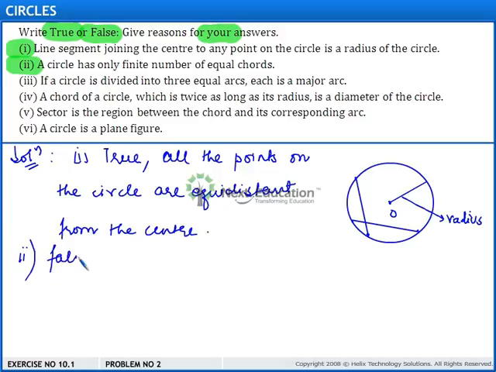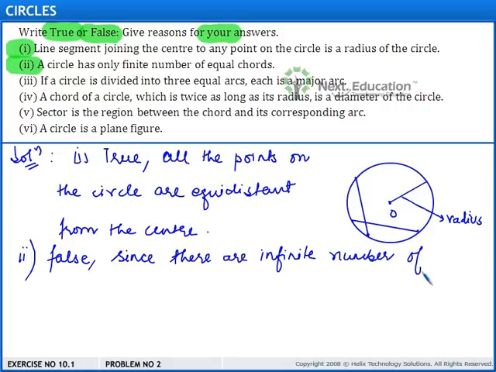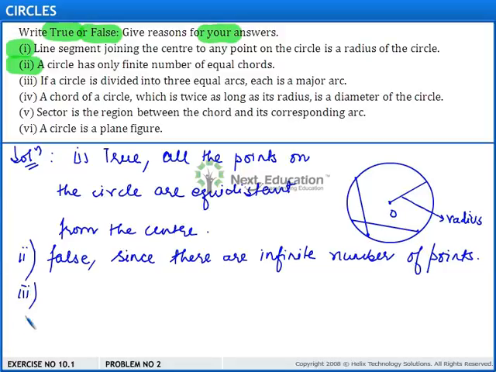Therefore, the answer to the second part is false, and the reason is, since there are infinite number of points, therefore on selecting any 2 points we can draw a chord, and in such a manner we can draw infinite number of equal chords. Now proceeding on to the third part. It says,